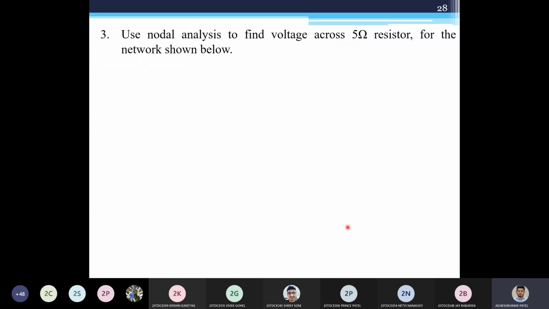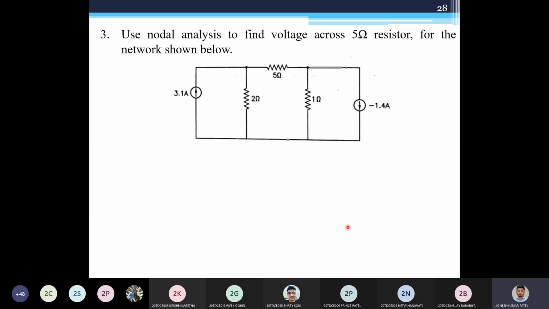Now let us start with an example directly. Here we do not cover how to apply the nodal analysis, but we'll go with the example directly. So this is the question. Use nodal analysis to find out. Follow this. If you have a question in which it is specified, like use this particular analysis to do some task, in the exam you have to follow that question. If you have been asked a question based on nodal, and you solve it based on mesh, you will not get any marks. So follow the question. Okay.